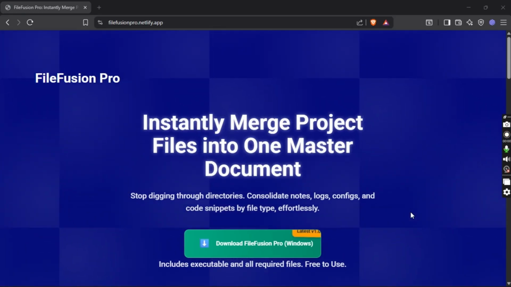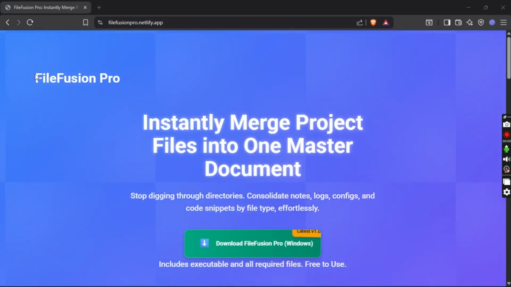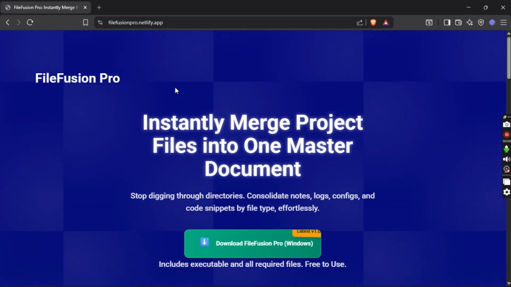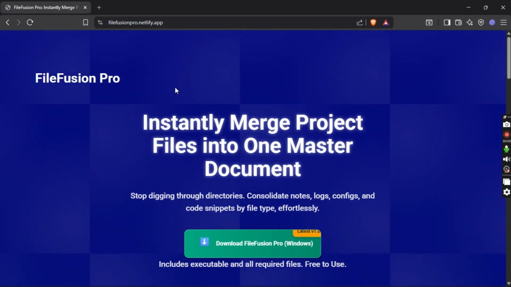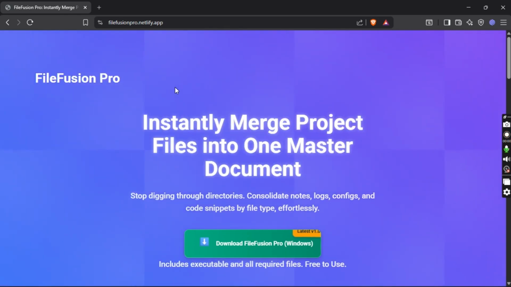Today we are going to see our new application called FileFusion Pro. FileFusion Pro helps you find your code easily. Suppose you have multiple folders, a main folder that contains multiple subfolders, and each folder contains different files. And if you want to search for a specific file, my application will help you find that specific code